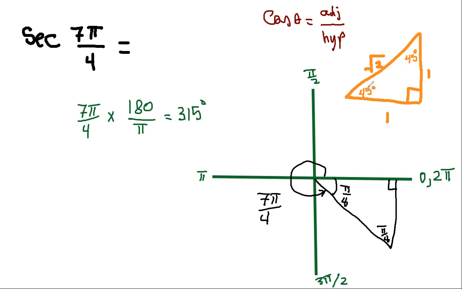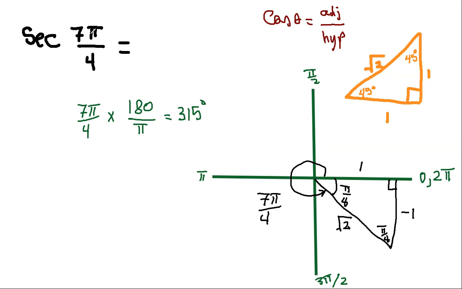And therefore, you're dealing with the 45-45-90 special angle triangle. And so you label your sides. That's going to be 1. This is -1, since the y-axis here is negative, and the hypotenuse is always positive, and it's going to be